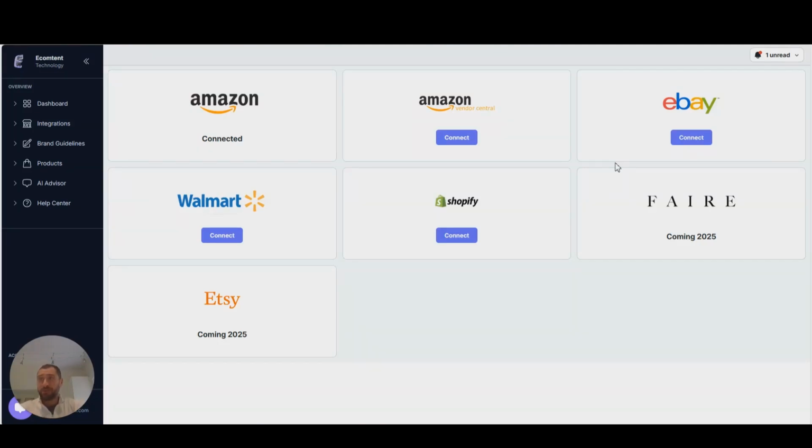So the first thing you notice when you sign up is that we now support Shopify integration and Walmart integration. Previously, we had eBay and Amazon Vendor, as well as Amazon Seller, which was the first one we launched and what this demo account is. But all of the features I'm going to show you work across all of these different marketplaces now, not just